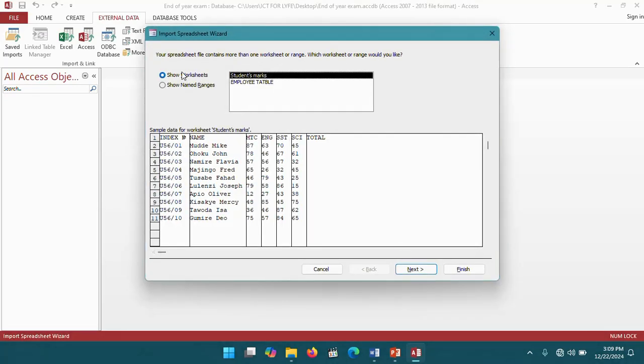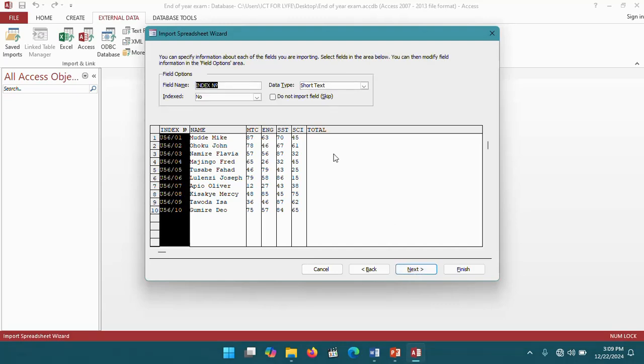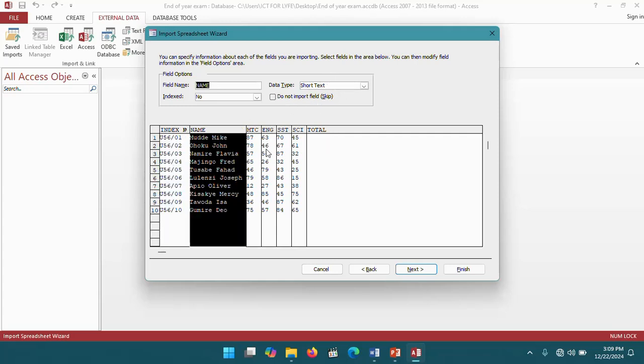So here I have two sheets. One is called students marks, and the other one is employee table. I'm using students marks for now, and I simply click Next. Then the first row must contain column headings. Yeah, that's what we are seeing there. Next, then you specify the data types. For example, index number is supposed to be short text. You come to name, short text. You come to